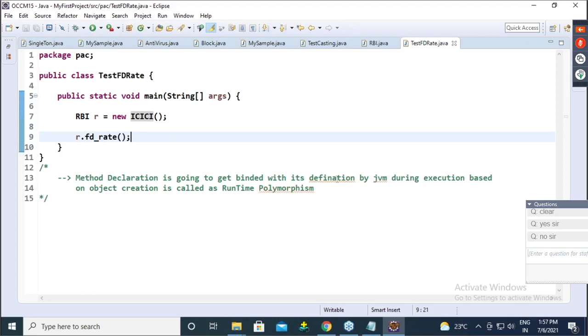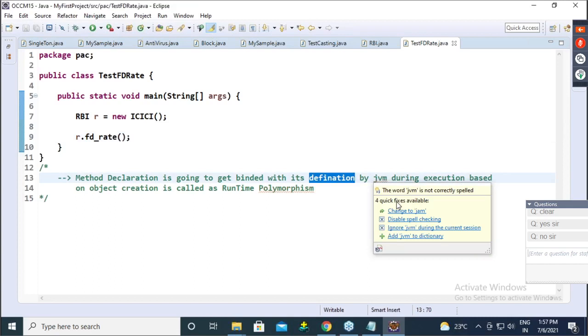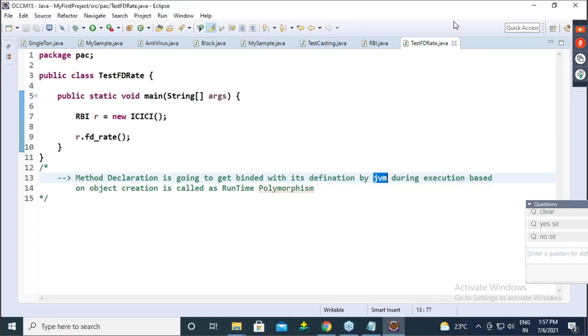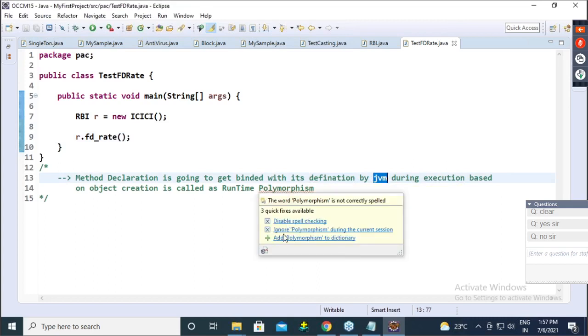Okay. So guys, note down this, everyone.